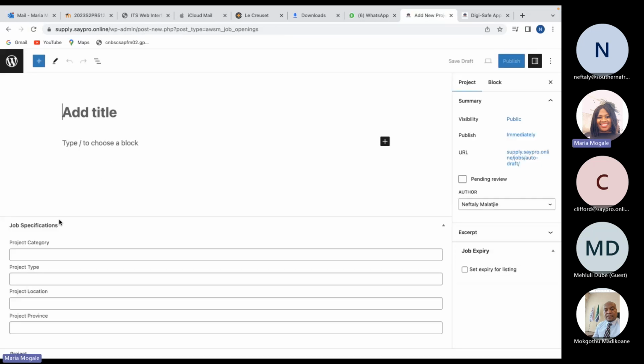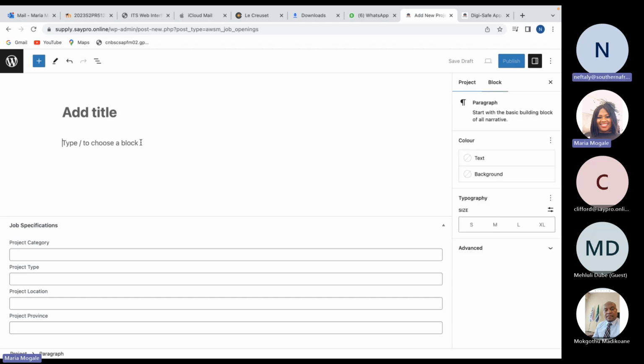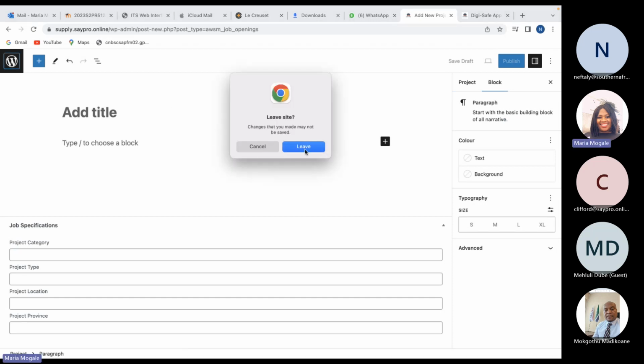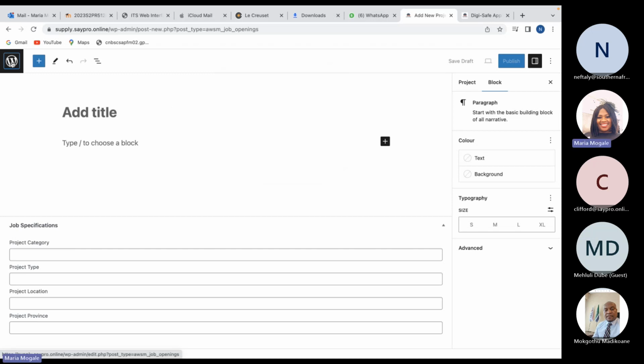So whatever information I would have added here, say it's a Maria project for wiring, and I put my description here, and then I populate all these fields here.